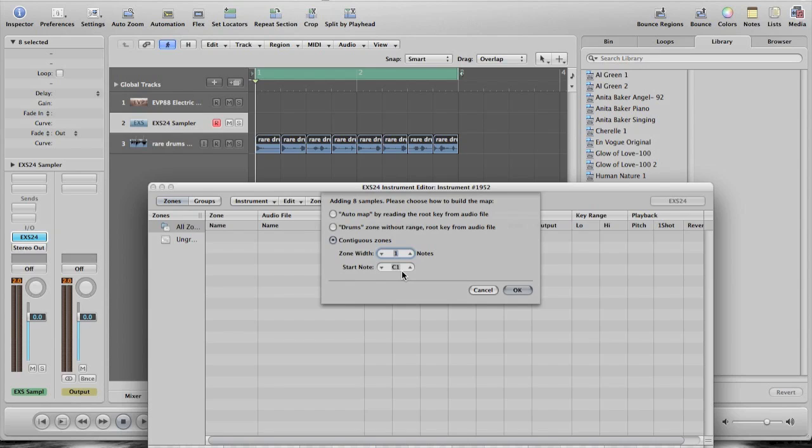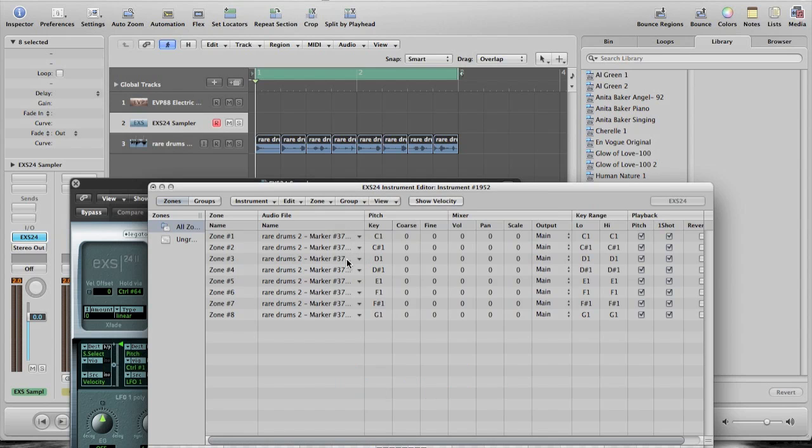C1 is kind of in the middle of the keyboard, so that's easiest for me, and also it matches up well with my drum pads. So now right here you're going to see all 8 audio pieces listed out, and it'll tell you what key you need to press to hit them, and they should be in order because we dragged them all at once and we said contiguous. So if we go to C1,